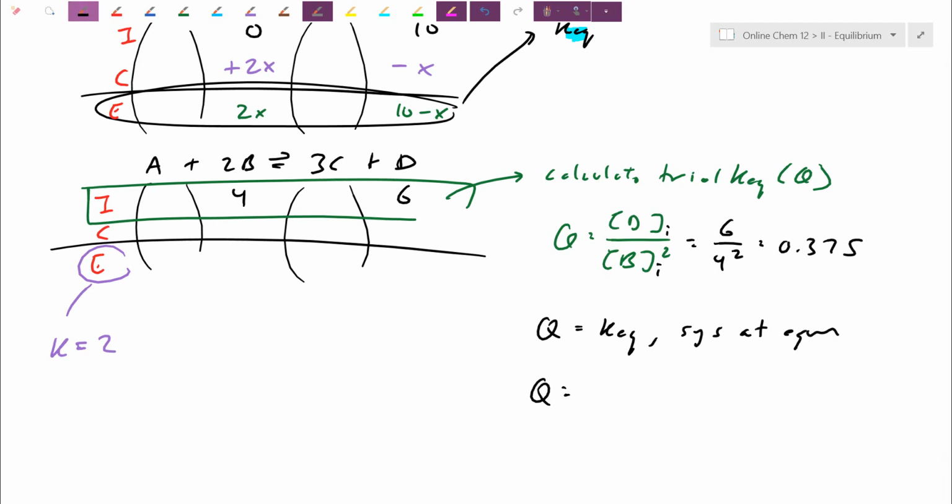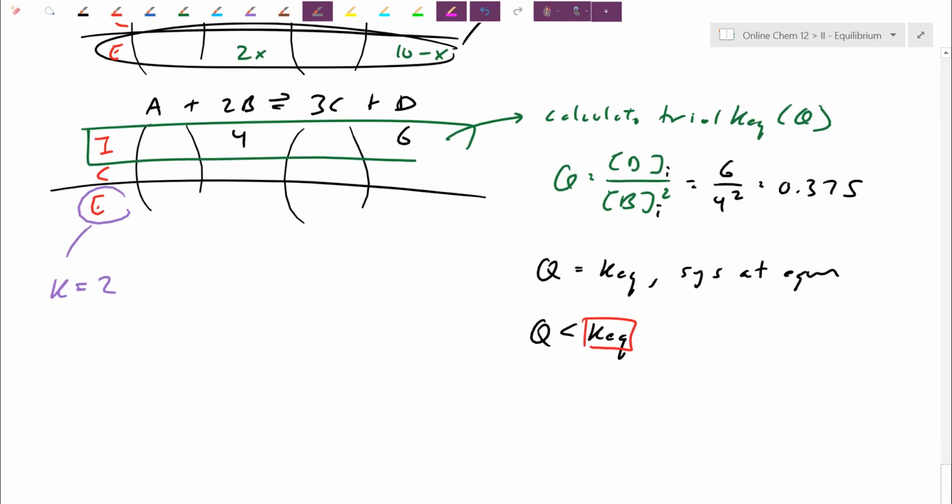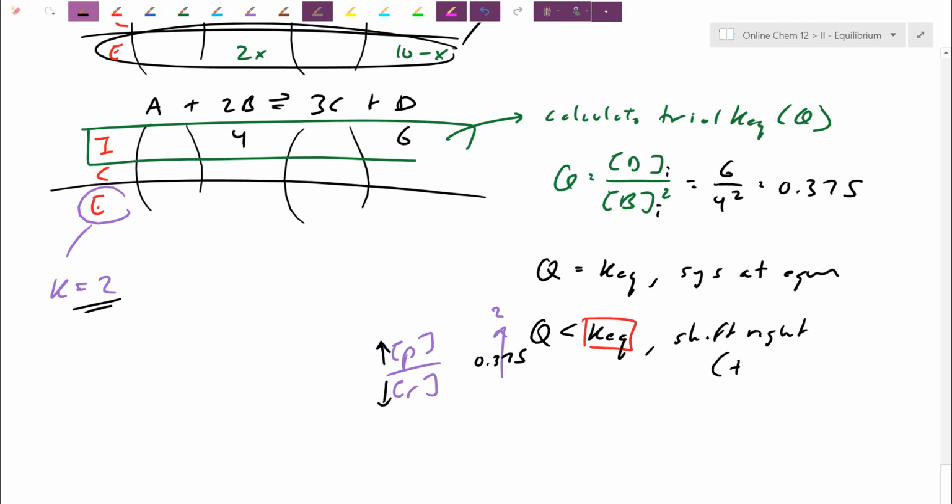So in that situation, my Q is actually less than KEQ. The KEQ is going to be a constant. The KEQ is going to stay fixed at a number 2. But for my number to go from 0.375 and start climbing, getting its way up to it being 2, I need to basically take my product over reactant ratio as it is, and I need to make this fraction bigger. For this fraction here to be bigger, I need to increase products, decrease reactants. I need to ensure that I have more products at the end. In that case there, the system actually shifts right, shifts to products, and therefore we have plus on the